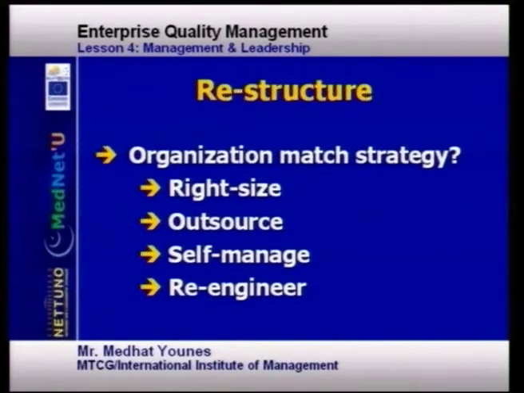Restructure. Managers need to recognize that strategy and structure often change or evolve in predictable patterns. Here are some guidelines to match structure to strategy and some of the options. A manager has options to restructure to emphasize and support strategically critical activities. He or she can re-engineer strategic business processes. He can downsize or upsize the organization by laying off staff or hiring more staff. He can outsource some of the operations to more competent or more cost-effective